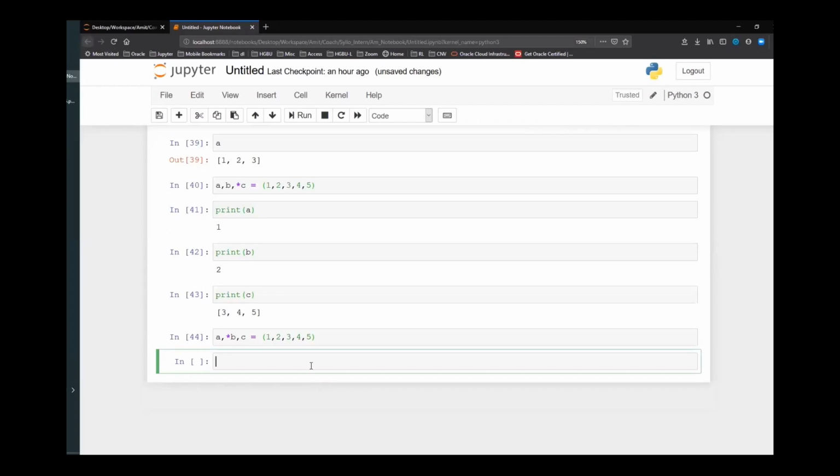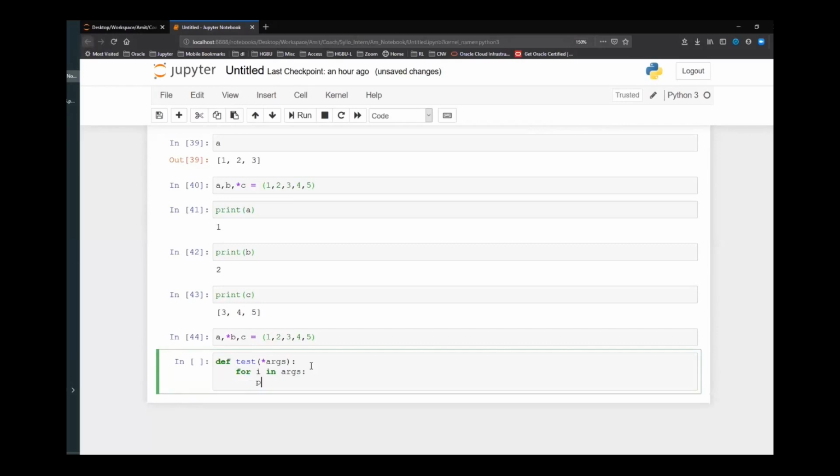Okay, so def, and let's say I'm just doing test, and then I'm saying star of args. For a simple example, if I print it, the star of args will be coming as a list, right? Now you can do for i in args, print i.